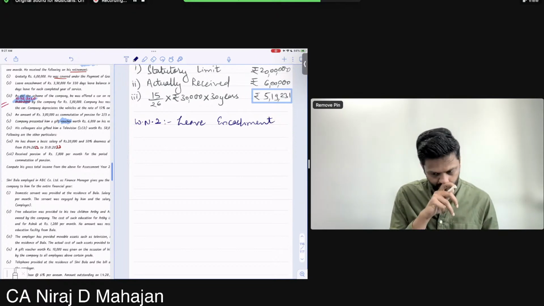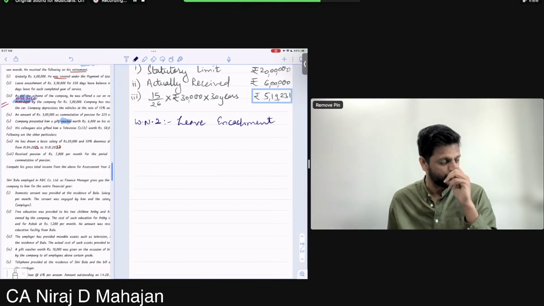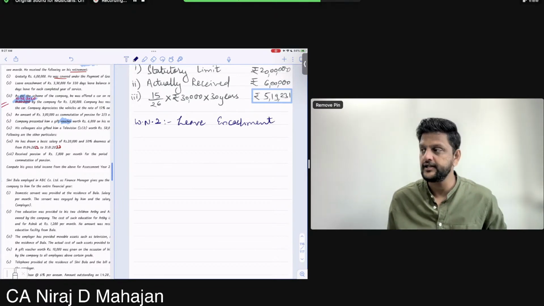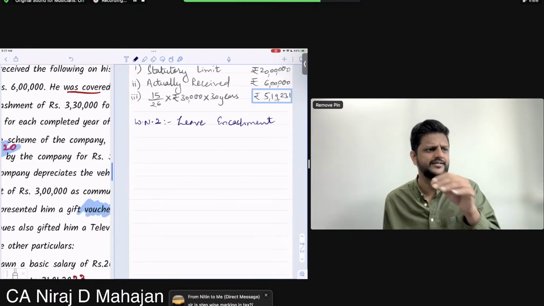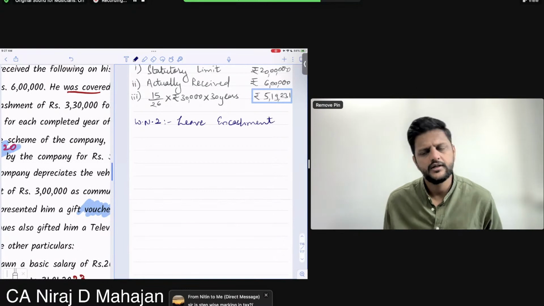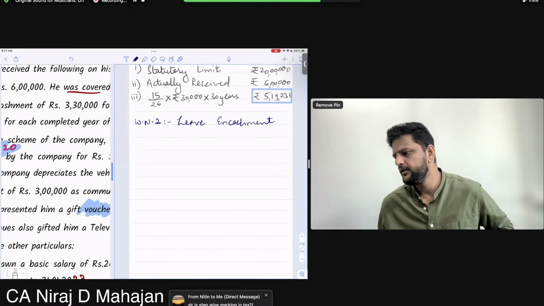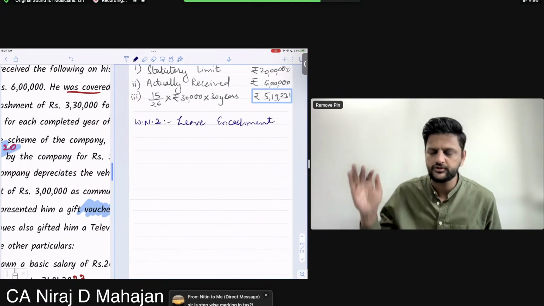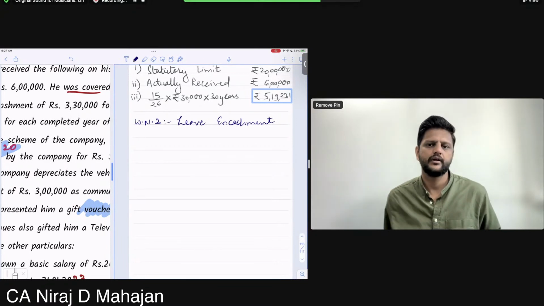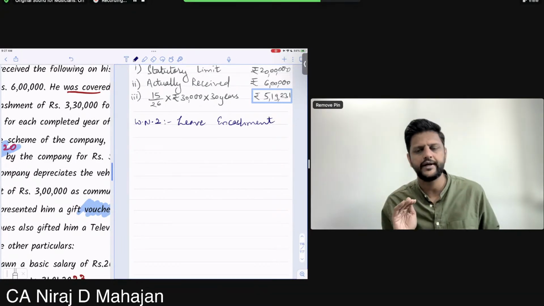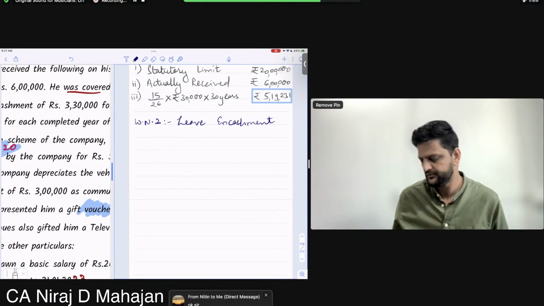Okay. Chalo, come back to leave encashment. For leave encashment exemption, again, four things you want. Statutory limit 3 lakhs. Actually received is 3 lakh 30. Then the last 10 months average salary. Stepwise marks are available, but if the third step itself is wrong, then you get very less marks for the steps after that. You'll get full marks till it is right, and you'll not get marks or very less marks after the step where you went wrong.